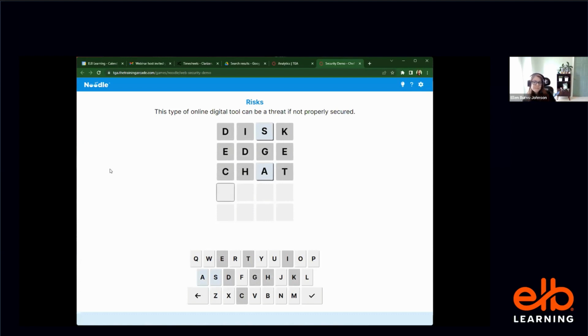Okay. So while you guys are puzzling over additional things to guess with this particular game, I'm going to talk a little bit about what's happening from the learner's psychological perspective as someone's puzzling through this. So let's imagine for a second that we went through cybersecurity training in the last week or so. This is a follow-up training that maybe our training team sent out to the company a few days afterwards, just as a refresher. I know that it's going to relate to something that I learned in my class or in my e-learning. What I'm doing here is I'm trying to think of all the different things that might relate to that training and this specific prompt, and that'll fit into this